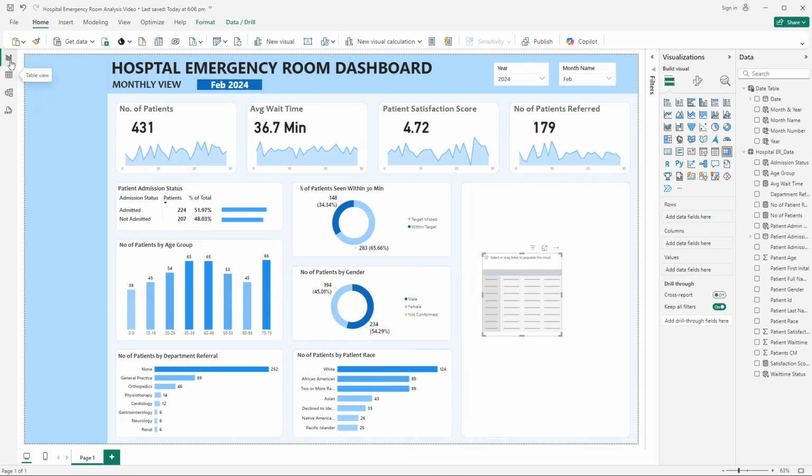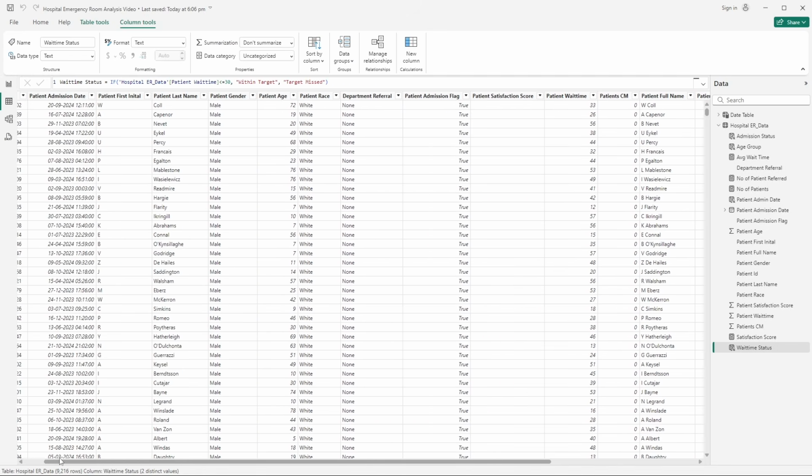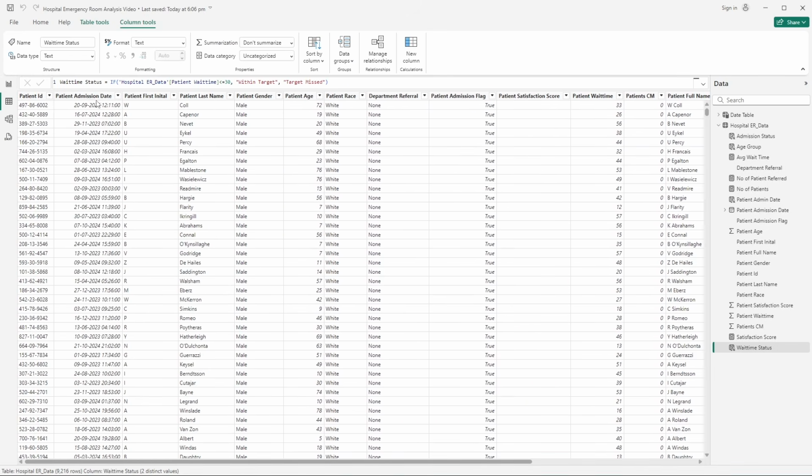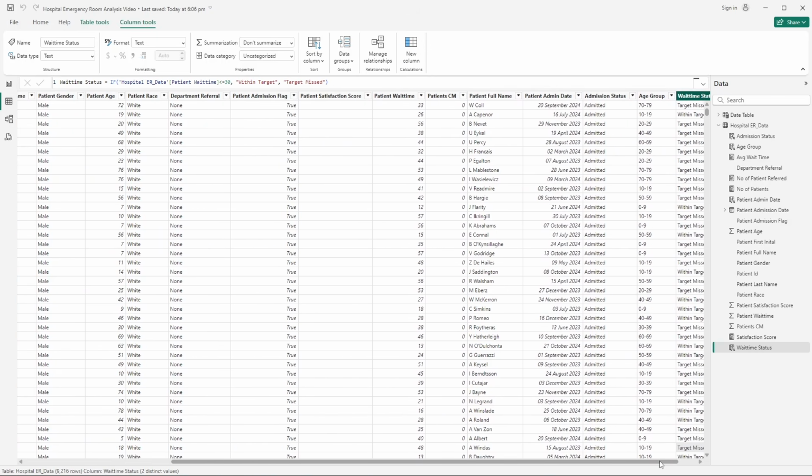But if you go to the data available in this particular Power BI file which we have brought, we have a patient admission date, and in that this particular time frame is there, right? Or we can say admission hours is there, on what particular time that particular patient visited. So based on that, we have to extract the hour field, or we can say this time from this particular field, and then we have to use it. So for that, what I will do,